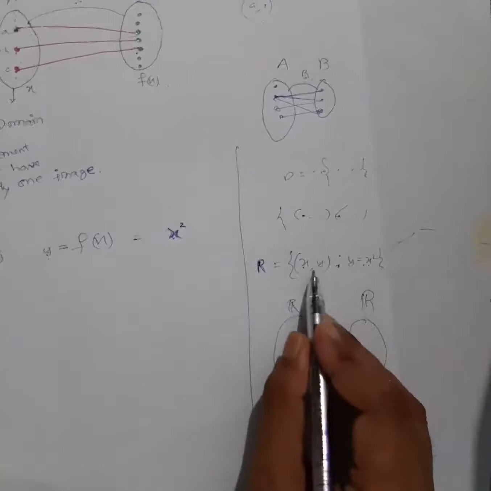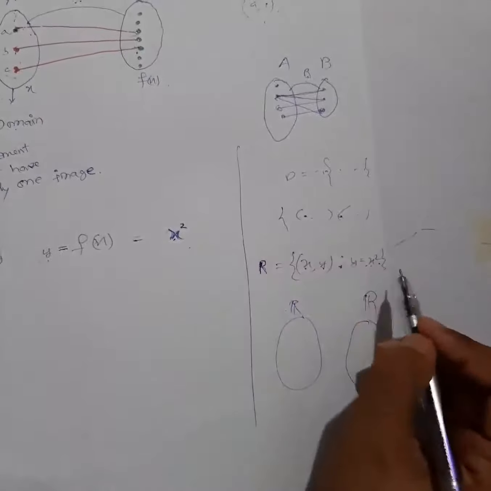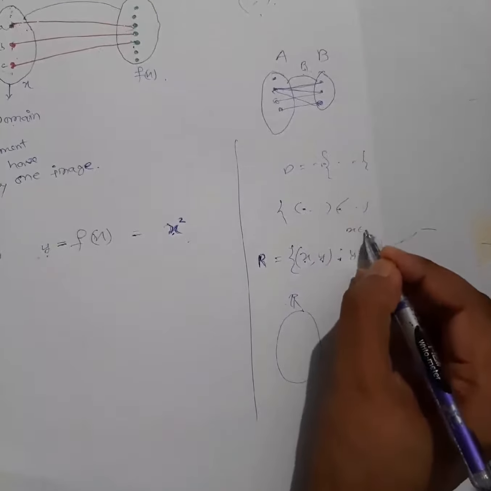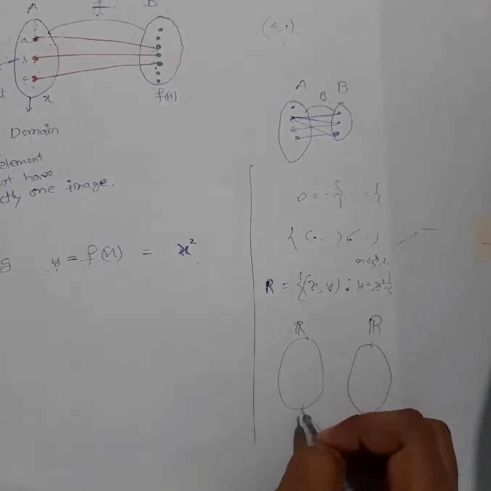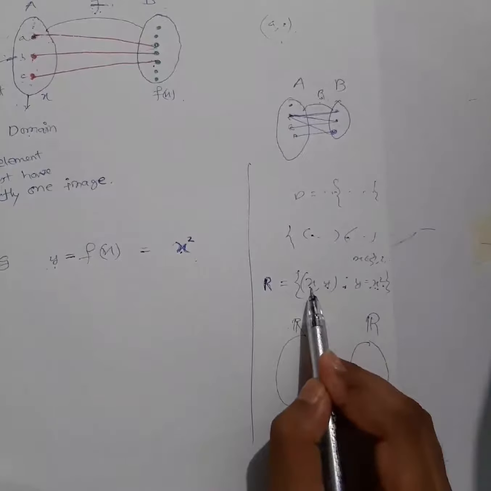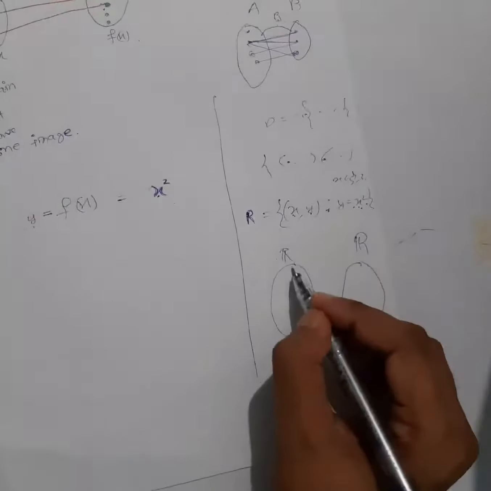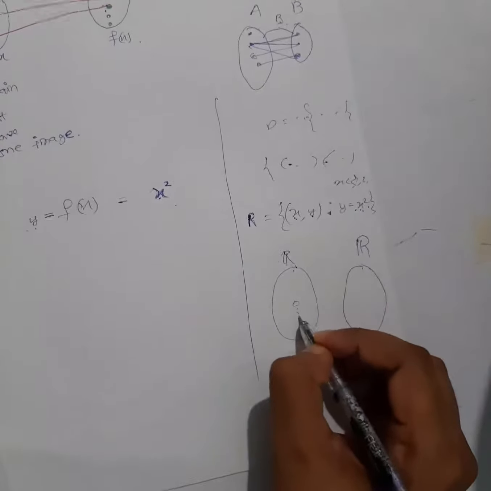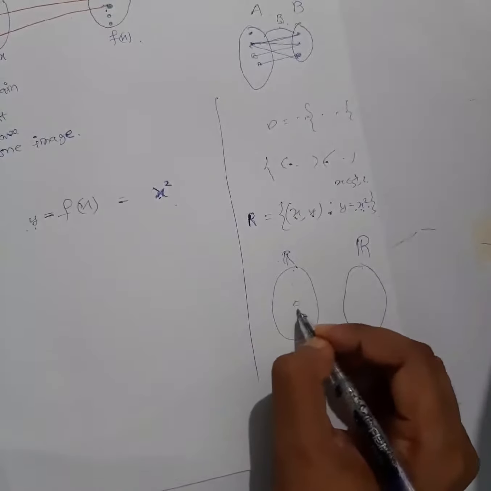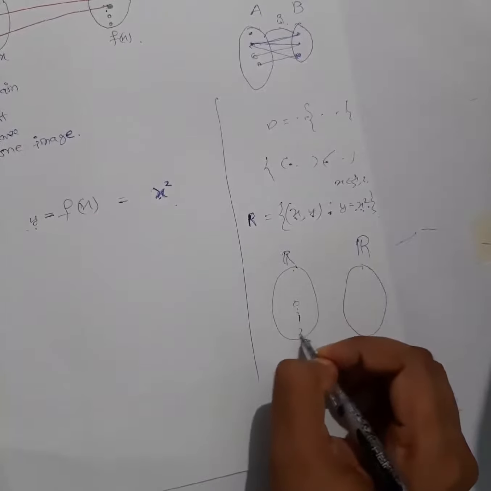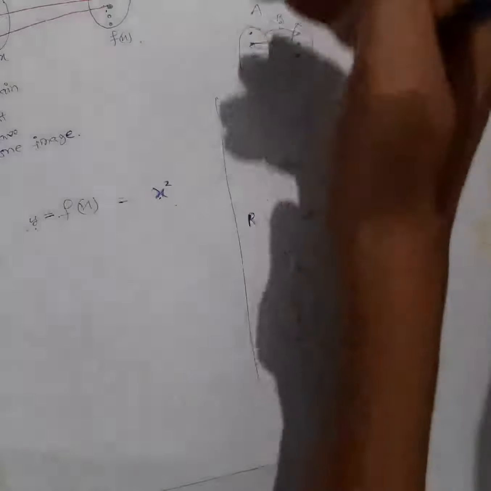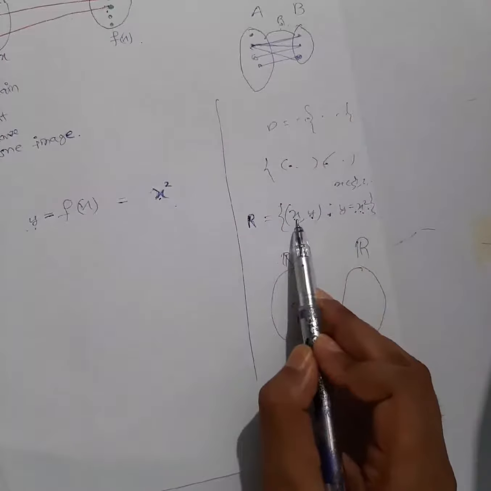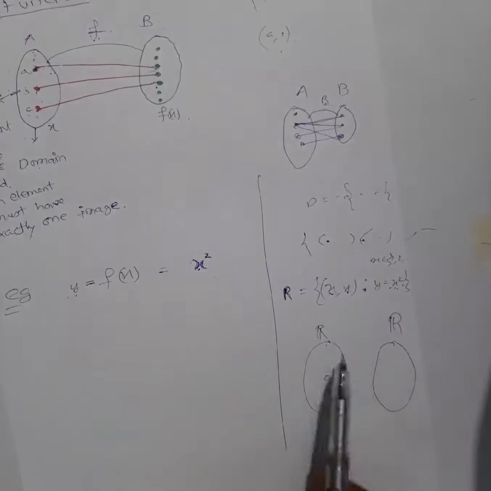y is from the set of real numbers. Whenever we don't mention it. Okay, if I mention here that x belongs to, say, 1, 2, 3 like this, then your first elements will be 1, 2, 3 like that. When I don't mention it, understand that x is from the set of real numbers, means this set, your real numbers. 0, dot dot dot, 1 will be there. All the values which are there will be in this set. Then 1 to 2, whatever numbers are there, all the real numbers will be there. Then 3, 4, 5, all infinite, and negative values also. Okay, so whenever it is not mentioned, remember it is an element from the set of real numbers.